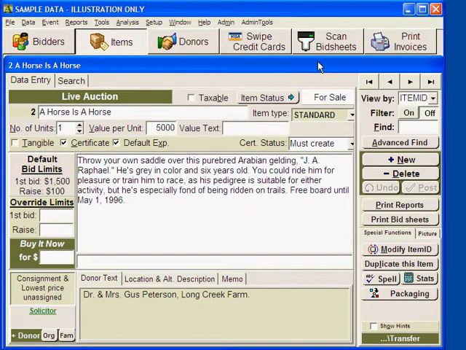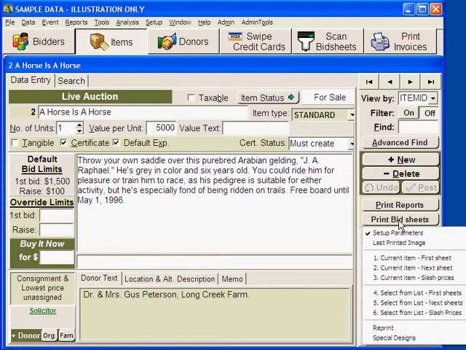Printing Bidsheets. To print the Bidsheets, you make sure that you click on the Items button to pull up the Items window. Then you click on the Print Bidsheets button on the right hand side. This will bring up a menu where you can select Current Item First Sheet, which will print the first sheet